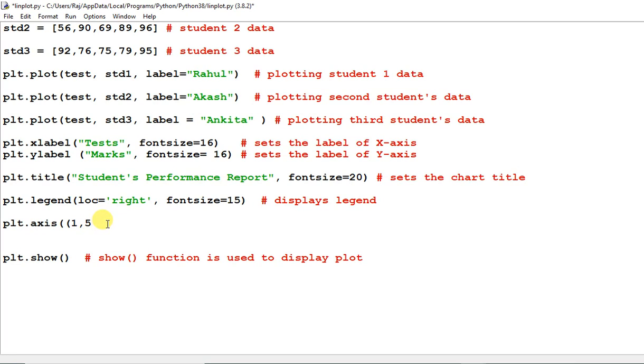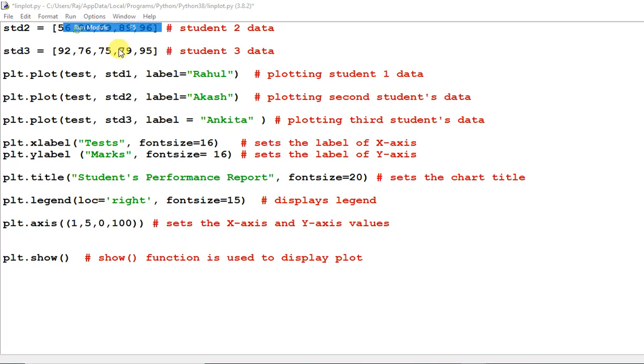The next two arguments are for the y-axis. Suppose I want to start from 0 to 100, so that is the y-axis range. That sets the x-axis and y-axis values.